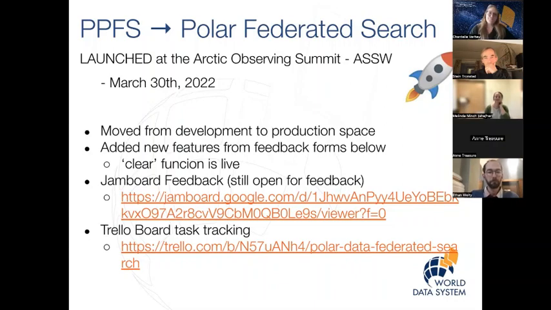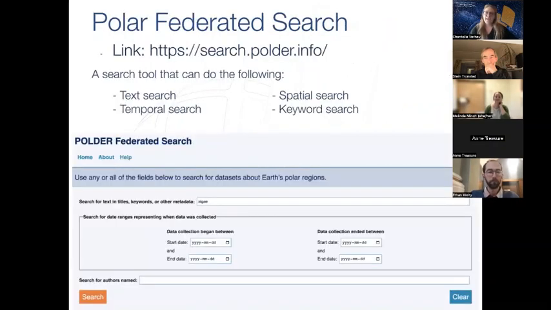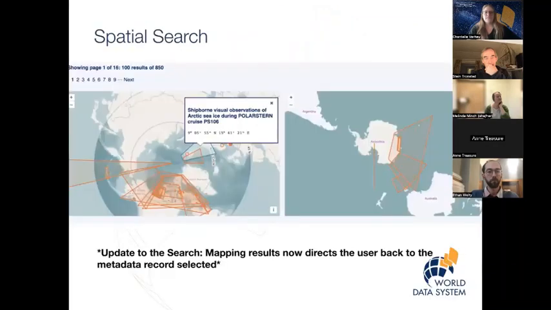I will make sure that the link is in the agenda after this as well for the future. So as of right now, we have 4 various search options. You can use text search, temporal, spatial, author. And we have the spatial search. Melinda's updated it where now if you find a point on the map from your term or author search or whatever you're looking for, you're able to click on it and it brings you right to the metadata record